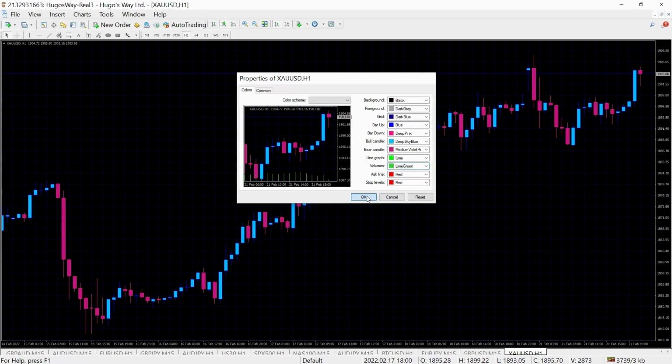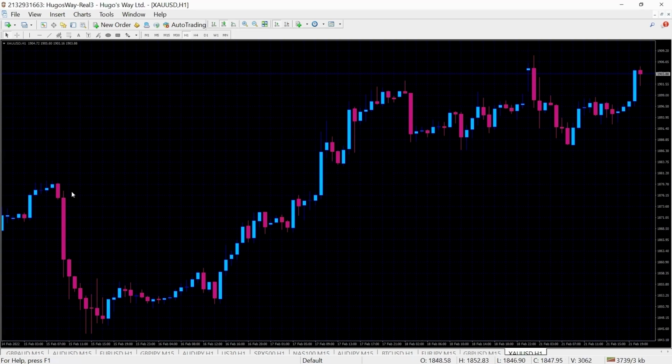Okay. As soon as I click, you see everything has changed. This is how I want to have my candle looking. I have many templates with different colors. So I just show you, we went through this particular one, to demonstrate how we can change the color of our trading or our charting platform to suit our desire to look the way we want it,